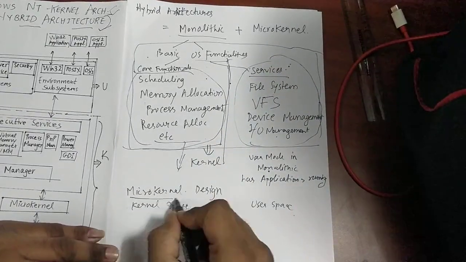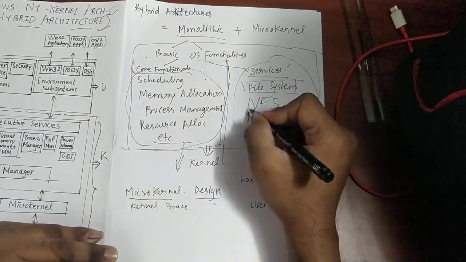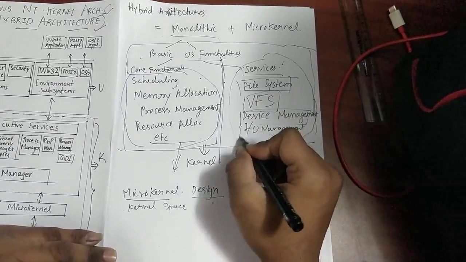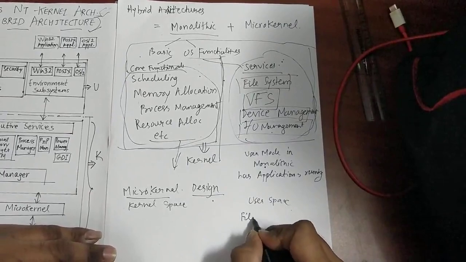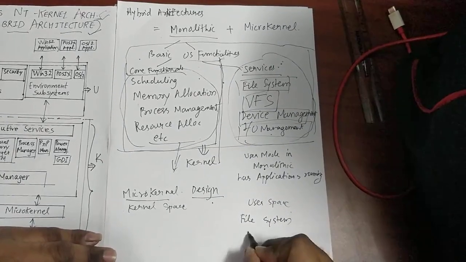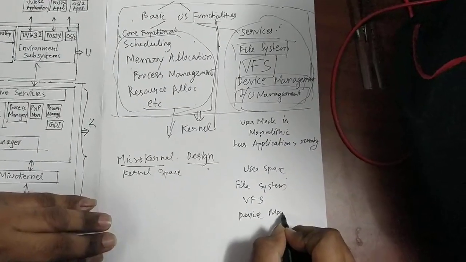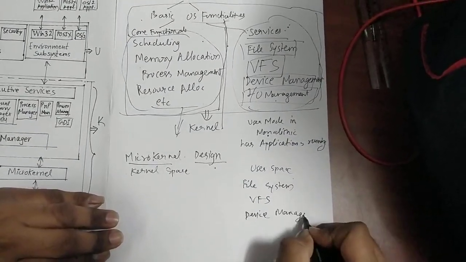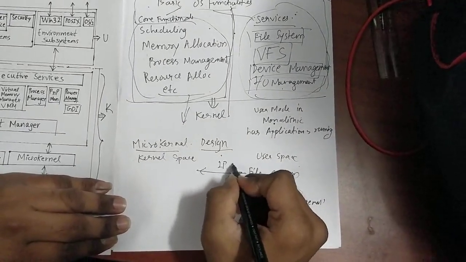Because in microkernel design, all these functionalities are used as a client-server model, in which the file system or any VFS or any device manager will make a particular message call, which is known as an IPC call,